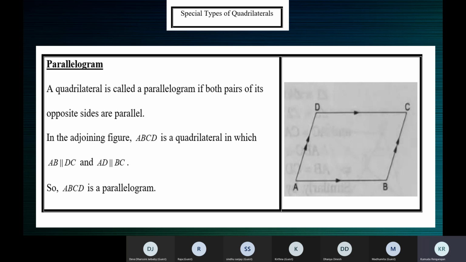Have you understood till there? Yes, ma'am. So solving this equation, you can find the value of x. Ma'am, I don't understand this thing. No problem. How do you find the perimeter? Okay. How do you find the perimeter, Madhumita? 2 into (L plus B), ma'am.